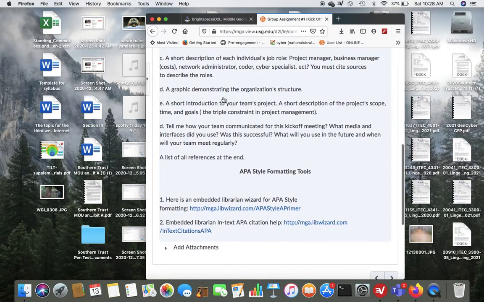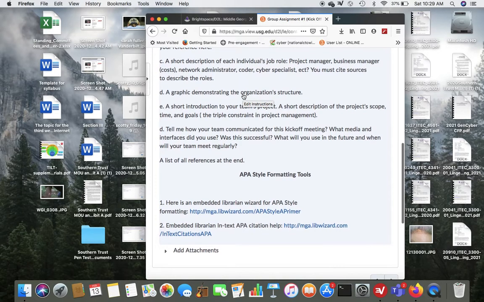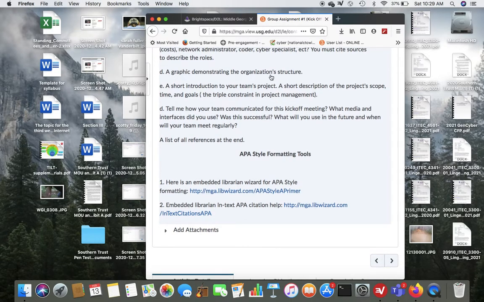Okay. Include a graphic. You can create an org structure. I would suggest make sure you put your team members in that org structure with their roles, and you might want to include the CEO, CFO, CIO, whatever in your org structure. You can do that in PowerPoint. I believe there's an organizational chart in PowerPoint. You can just plug in names and so forth.